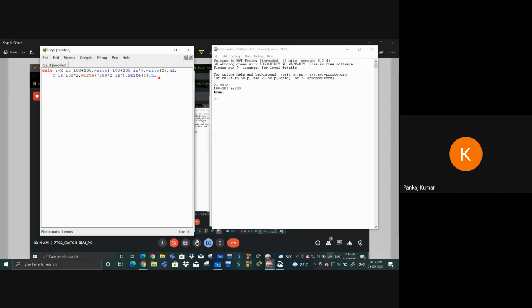So what will happen? Now see. So I only have to write calculate, cal and full stop, and press enter. So it will run only one program. It cannot run all the things. So something is wrong. So maybe it's not working.